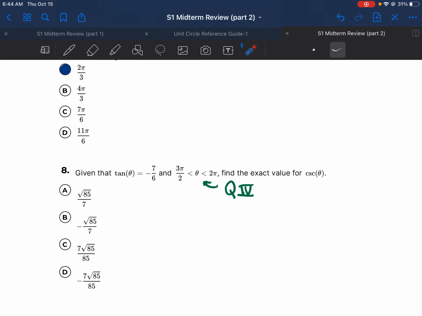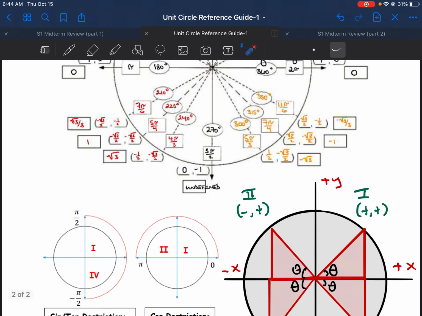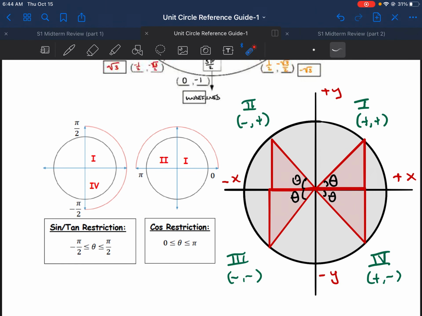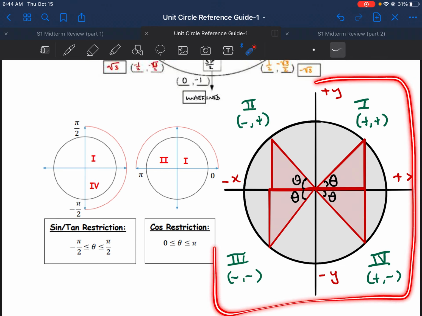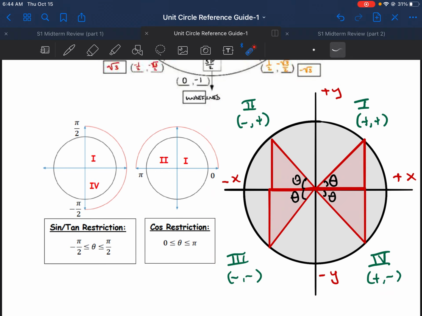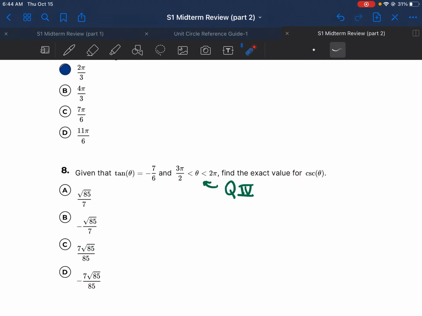So what we want to do is replicate quadrant 4. Now notice on the unit circle reference guide that I've given you, here on the bottom right, I show you exactly what the triangle should look like depending on the quadrant that you set it up in. We are setting up our triangle in quadrant 4, so this is what our triangle should look like. So let's go ahead and do that. Quadrant 4 lies on the positive side of the x-axis and the negative side of the y-axis. So positive x, negative y. We have our triangle